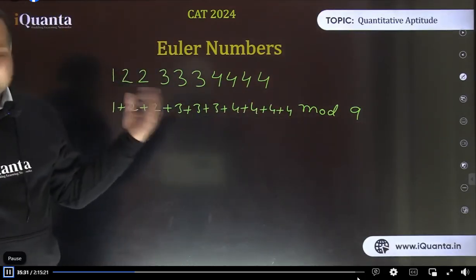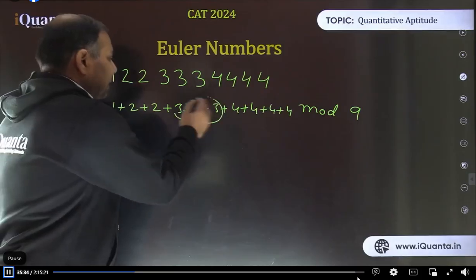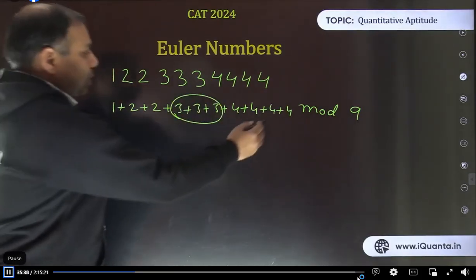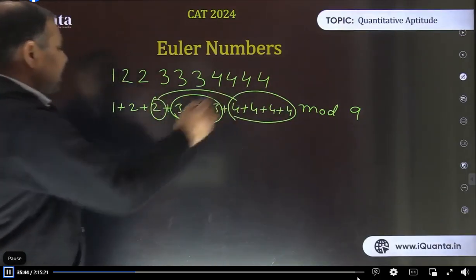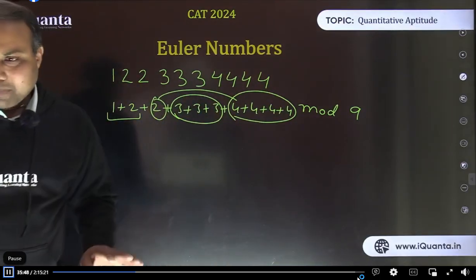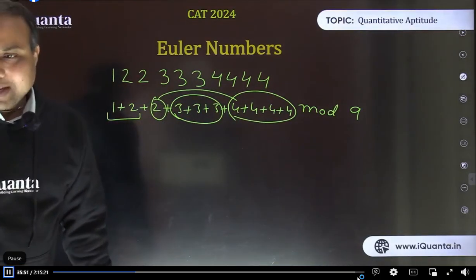Normally we do it by adding the digits, which is very easy, not difficult. Now 3 plus 3 plus 3 is 9. This can be discarded. And 4 plus 4 plus 4 plus 4 is 16, and with 2 makes it 18, so that can be discarded. So 1 plus 2, 3 is the remainder, right? That's a very simple thing. So the question is not difficult. My purpose is to understand the various ways to answer this.